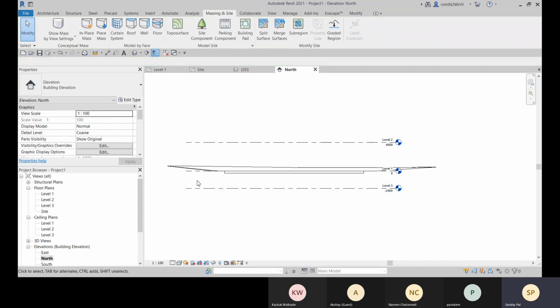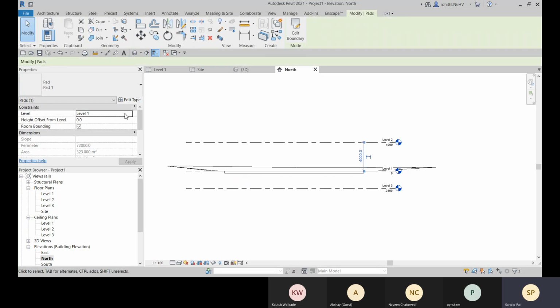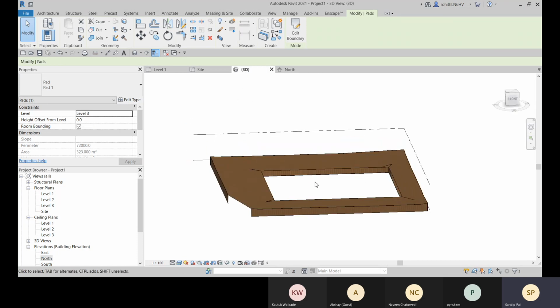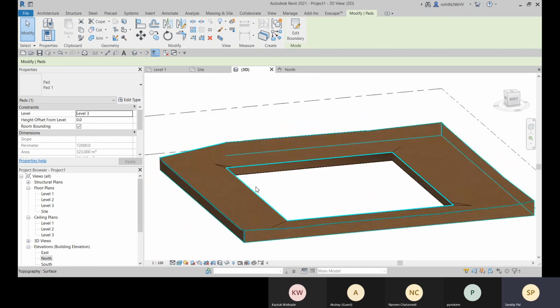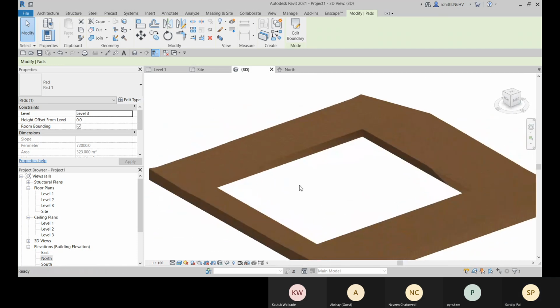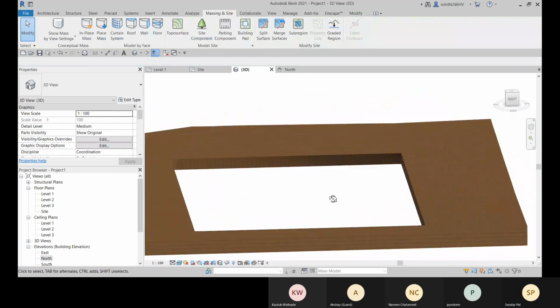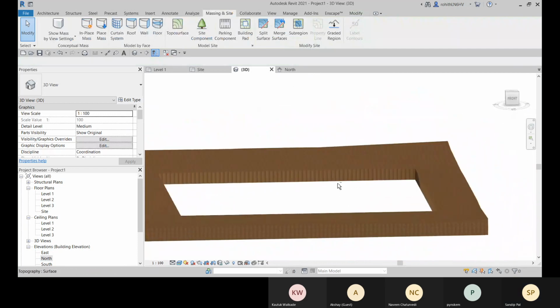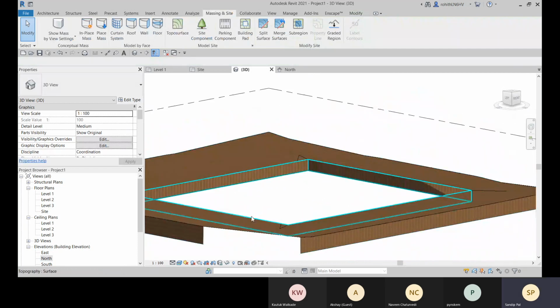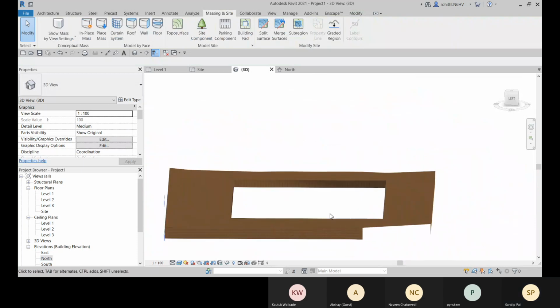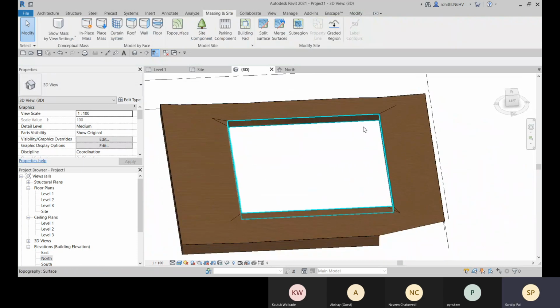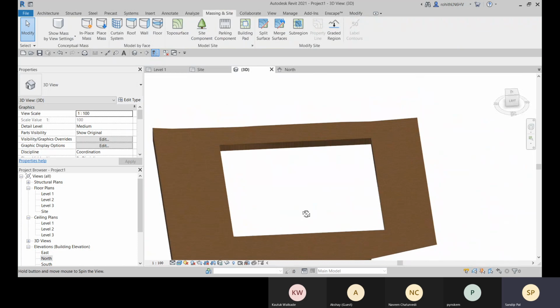You can give it a name. Right now I'm not providing the name, and then select the pad and change the level to Level 3. That is created. Now we can check in 3D, and that is placed at Level 3. The cut is created.